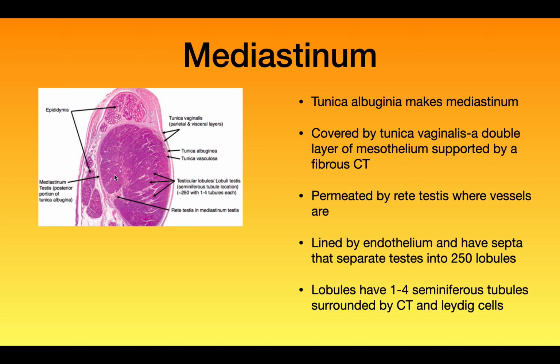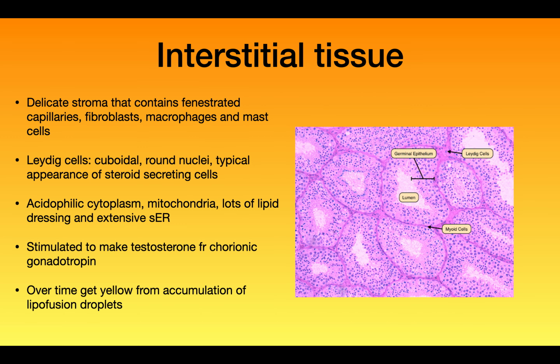And then each lobule has the seminiferous tubules that are surrounded by connective tissue and Leydig cells. So the seminiferous tubules are going to induce formation or maturation of the sperm and whatnot, thanks to the hormones of the Leydig cells. So the interstitial tissue is going to be like reticular fibers, and it contains quite a bit of things. So it's going to contain vessels for nutrition and waste removal, along with cells that support the tissue itself, and